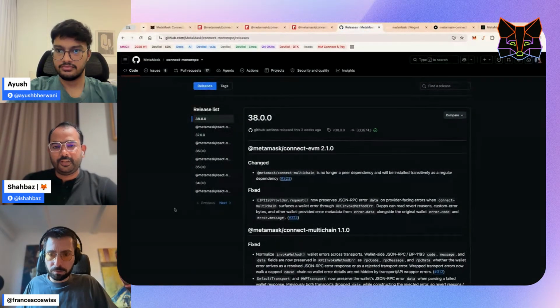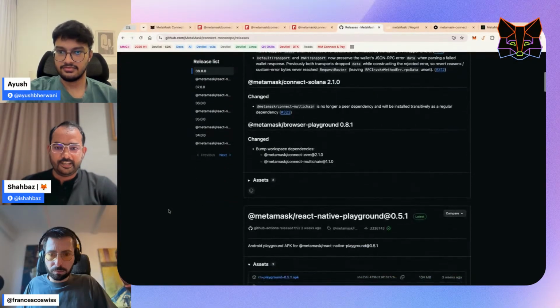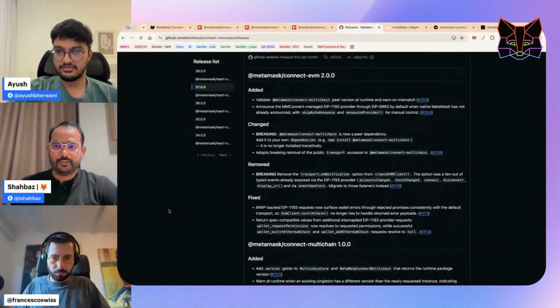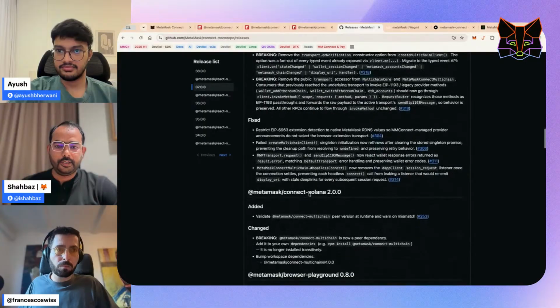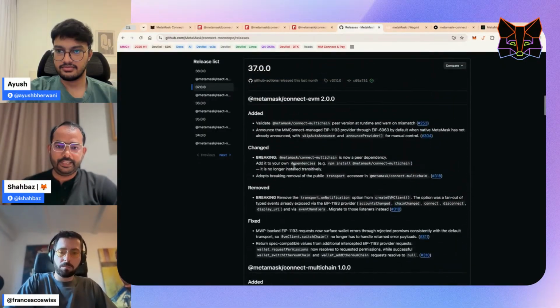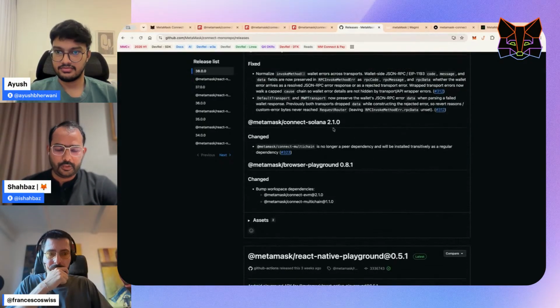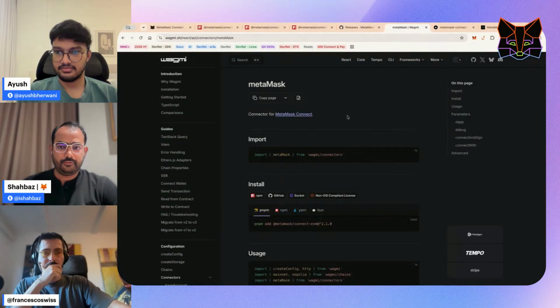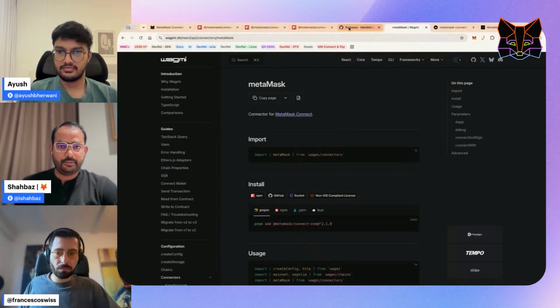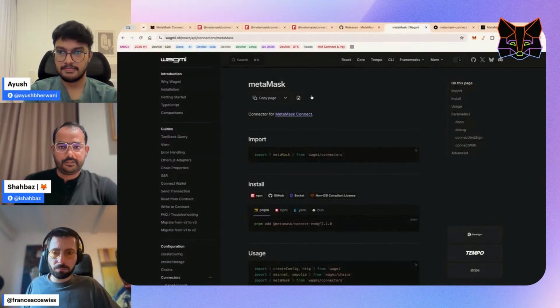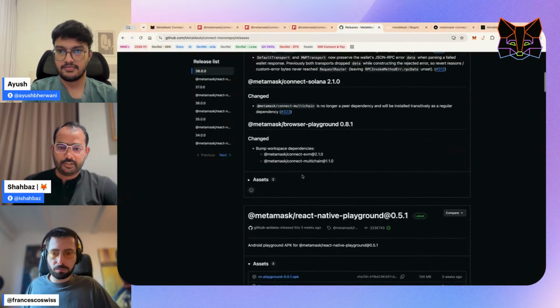The funny bit about the latest changes to MetaMask Connect is that when you look at the notes, you'll find that we did a version bump from 1.4 to 2 because of major breaking changes from some dependency issues, which is now no longer needed because it's fixed with 2.1. Thanks to the WAGMI folks for flagging those. On a similar note, the WAGMI MetaMask connector is now compatible with 2.1.0, and everything is well documented on their side as well as on our own side.